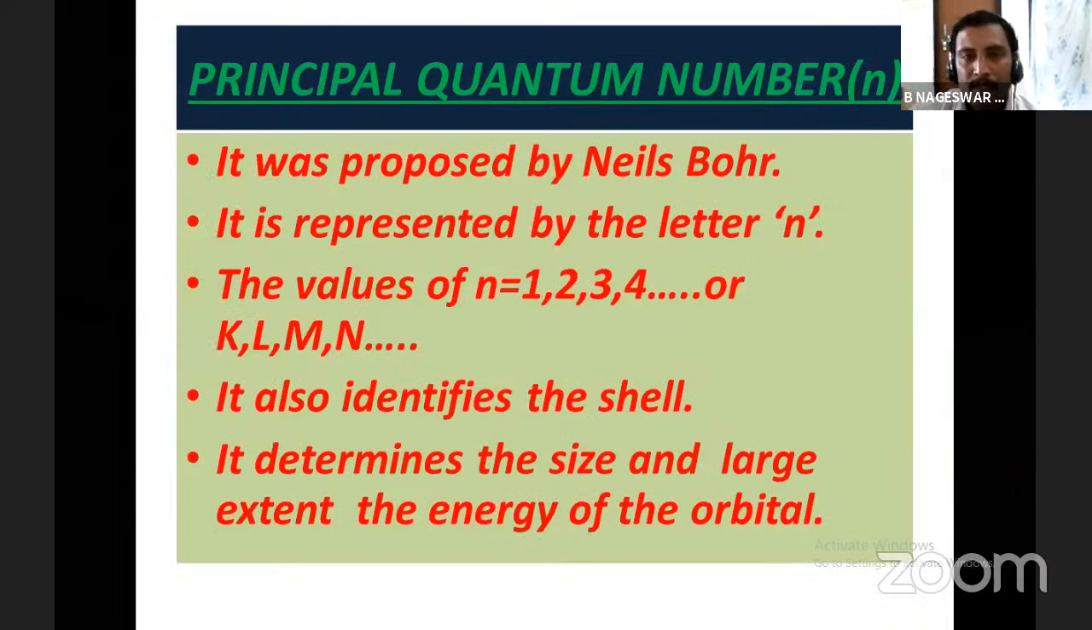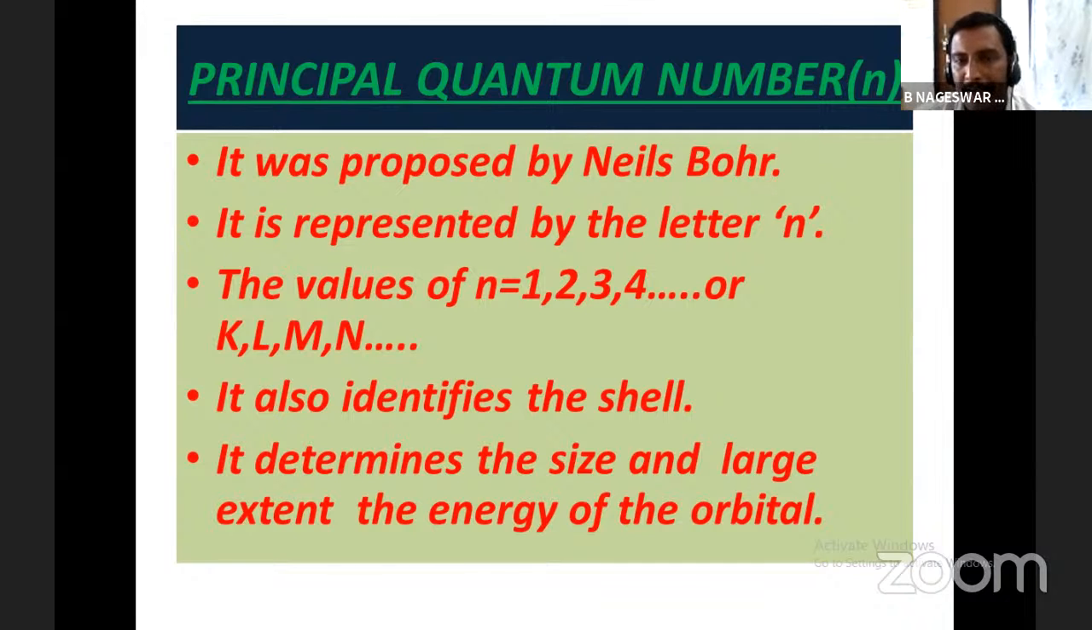First one, principal quantum number. Very easy concept. There is no complication in this topic. We can understand it very easily. Simple, children. Principal. What is the meaning of principal? Principal means main. That is, it is the main quantum number compared to all the quantum numbers. Principal quantum number